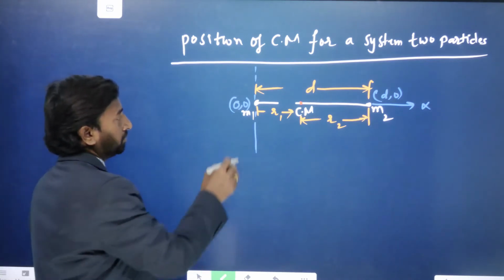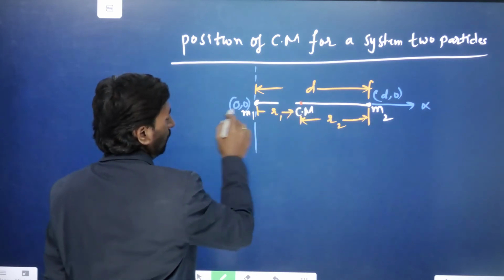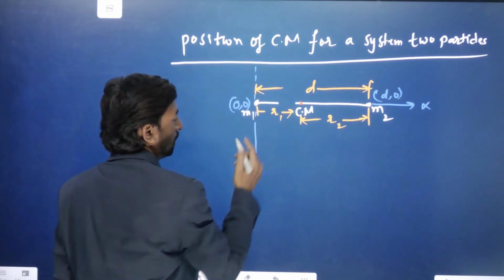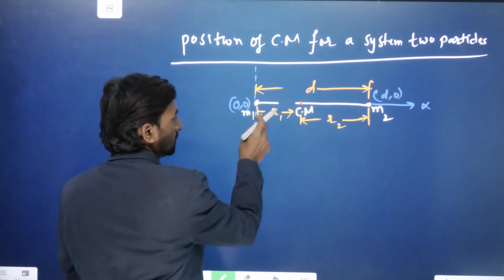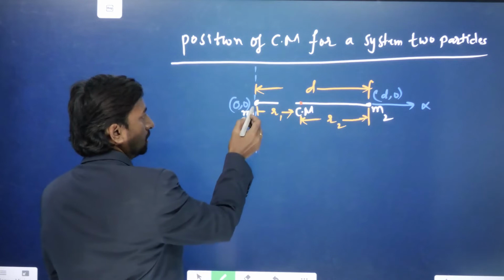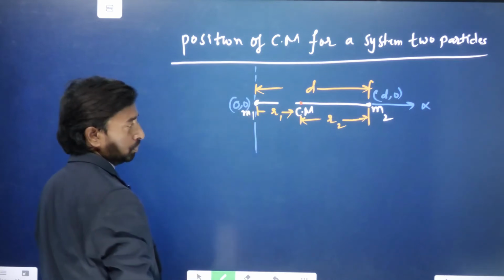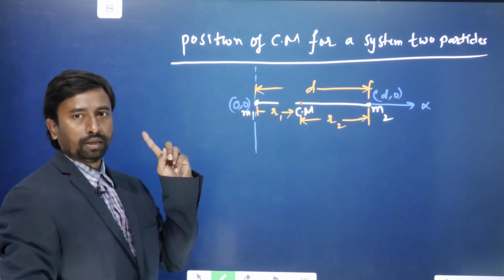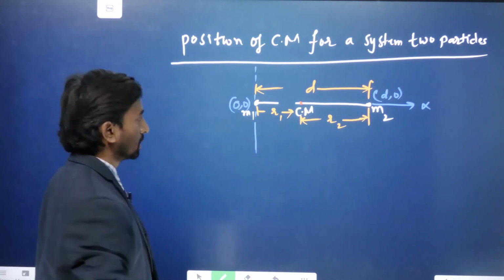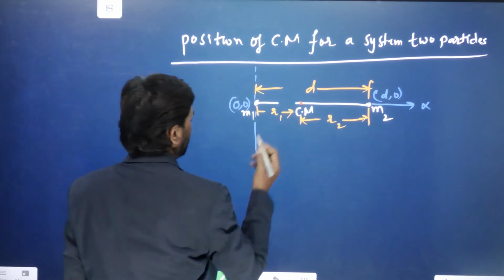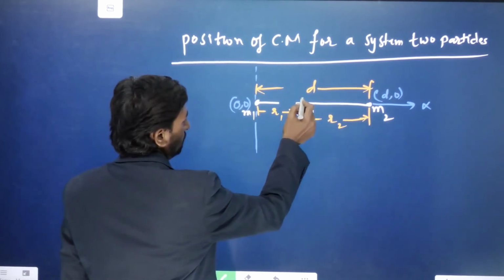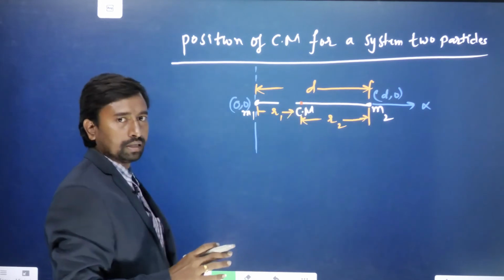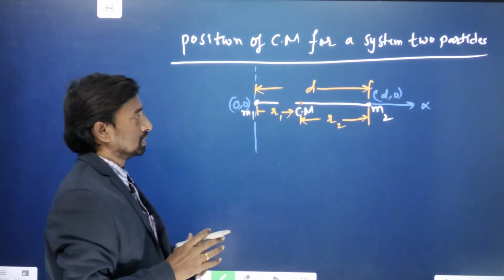Now suppose an external force is applied along the x direction on the center of mass, so that the center of mass has moved a distance r1, then it will be at the m1 position. So we can consider the moment of the center of mass. The center of mass is nothing but the whole mass of the system.